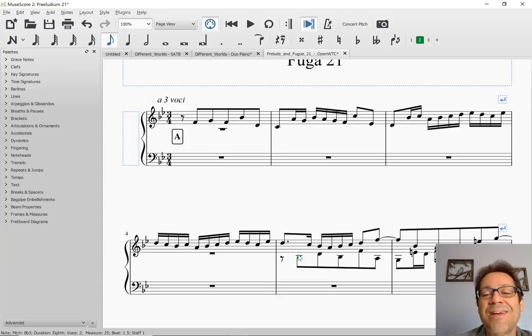So this really should have been a C. If we were to literally transpose this up a fifth or down a fourth, this should have been a C. But if we had a C, then this passage wouldn't feel as much like it was still in the key of B flat. So that sort of adjustment to the pitches, to keep the flavor of the original but make these slight adjustments to still feel like we're in the original key, is part of what the rules or the conventions of writing a fugue allow for, what's called